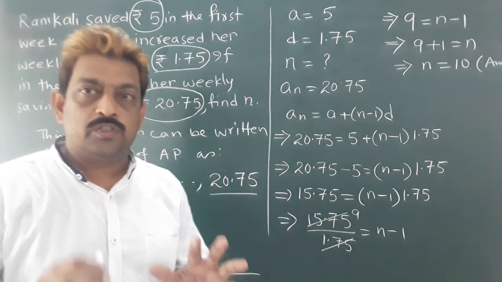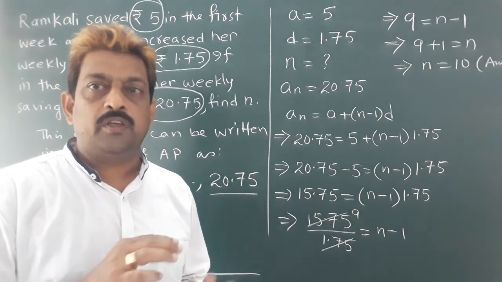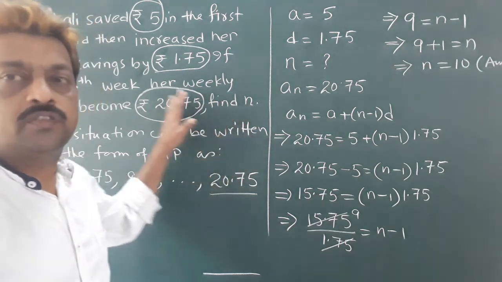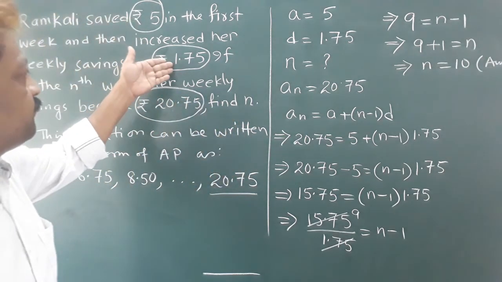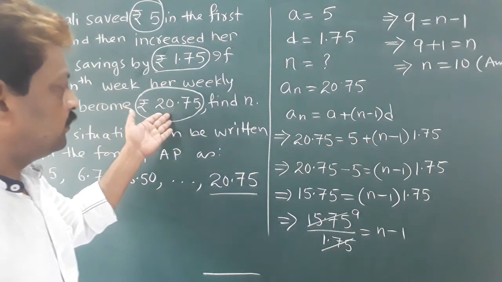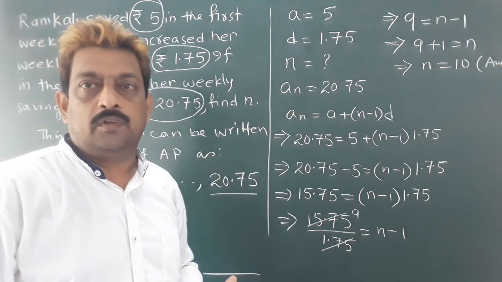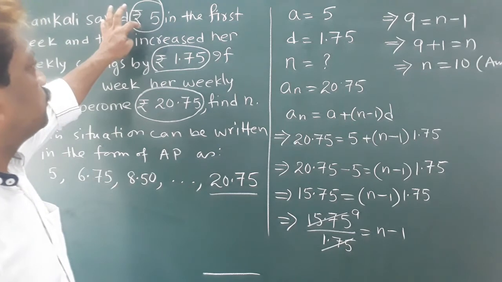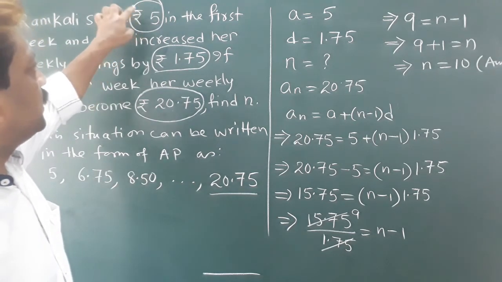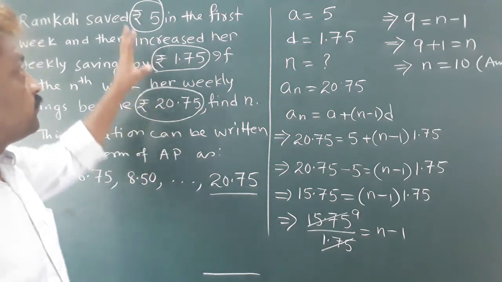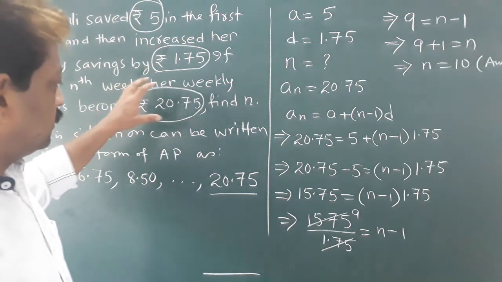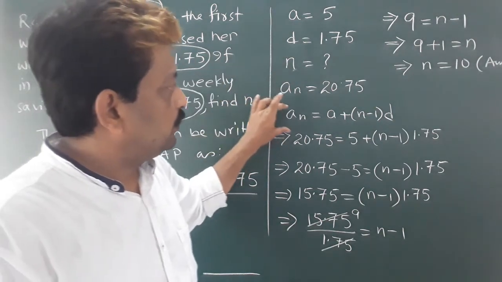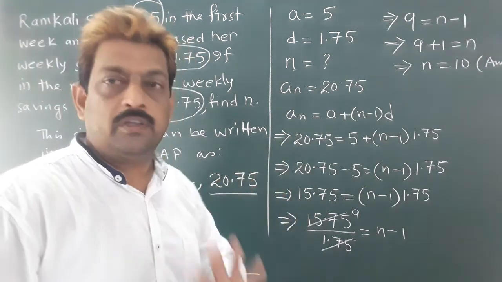Actually, the sums which are in the form of a situation from AP are very easy ones, because the basic things are given in the situations. The first term is given, the common difference is given, the nth term is given. Only we have to find n, isn't it? So whenever a situation is given, just list down the information given in the question. As I have encircled it, you will also try to mark those things which are given in the question, write it in the form of a list, also write down what we have to find, and then use the general formula. You will easily get the answer.